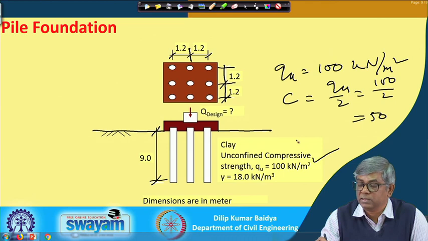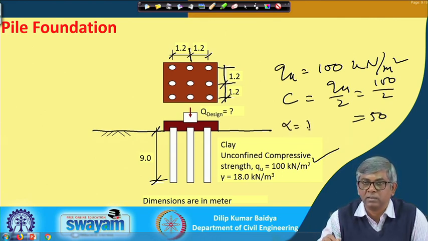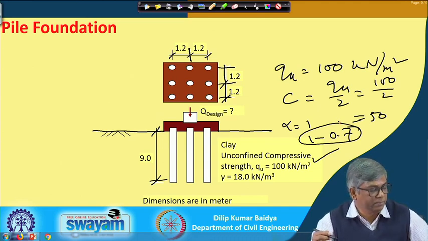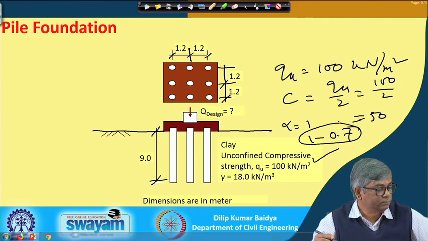Gamma may not be used in the calculation, but it is given as routine soil information. Here, one thing is not given, that is the adhesion factor. When the adhesion factor is not given, it is your choice. Sometimes you can assume alpha equal to 1, or you can take any value between 0.7 and 1. So, based on this information we can try to see the solution of the problem.